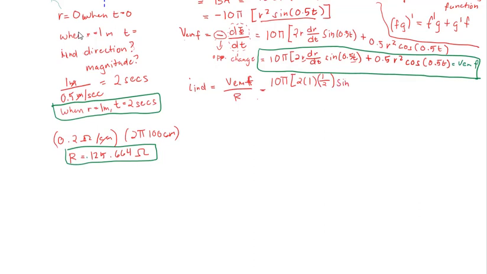Sine of 0.5 times t, which is 2 seconds, plus 0.5 times 1 squared, is 1 meter, cosine of 0.5 times 2, because of time, right? All over